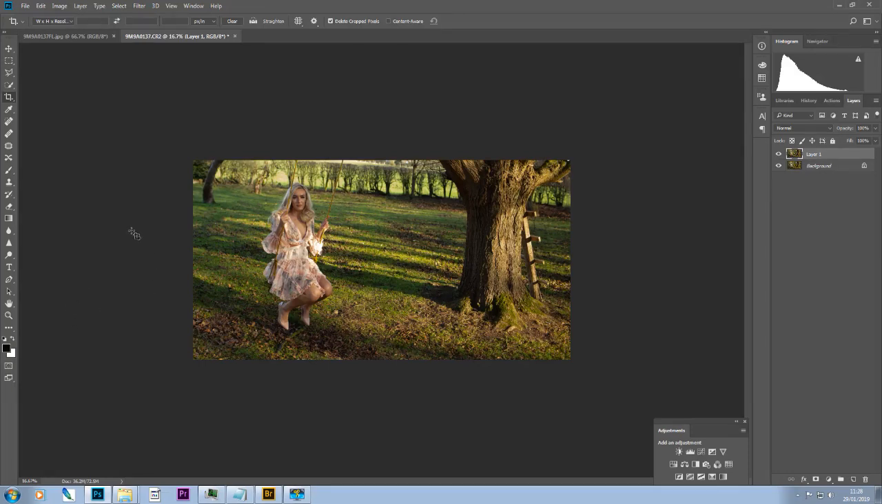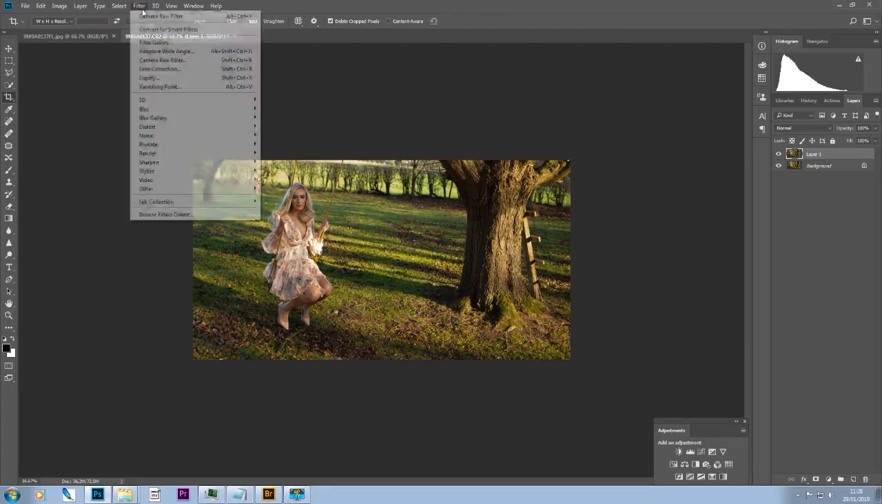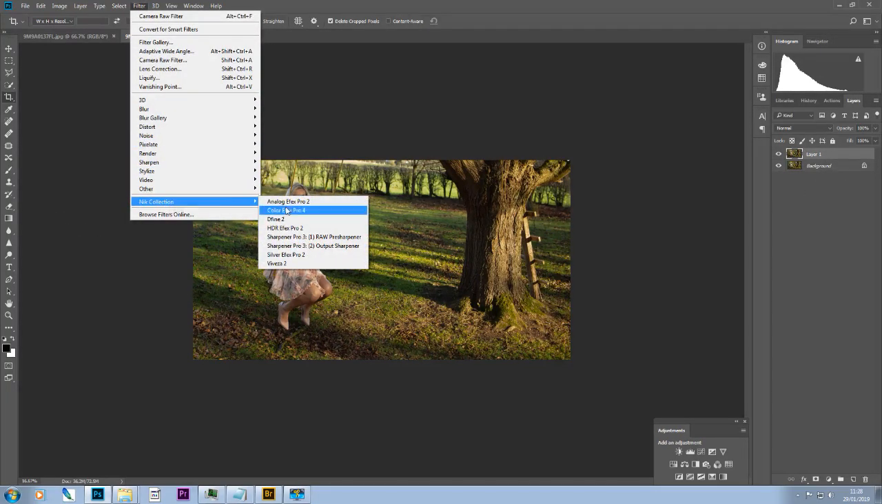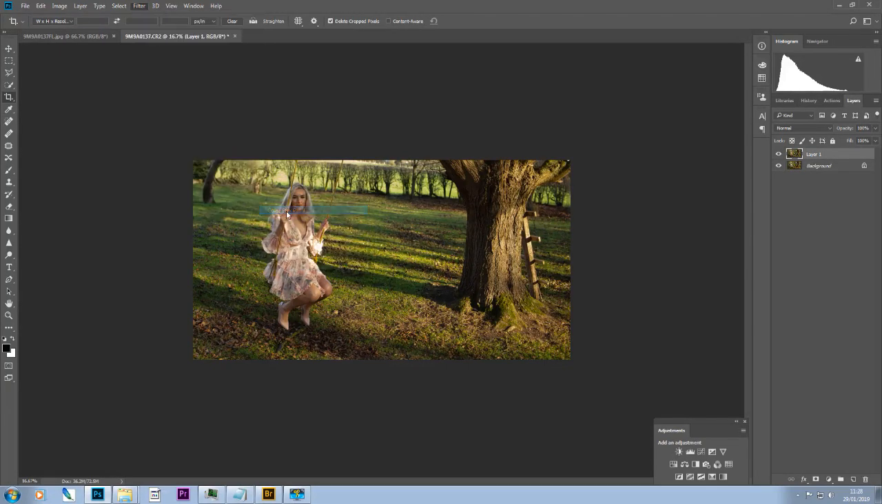You might want to do it differently. And so there are different ways of approaching this. There are various ways of doing it manually. But I will often nowadays go straight to my Nik Collection Color Efex Pro,